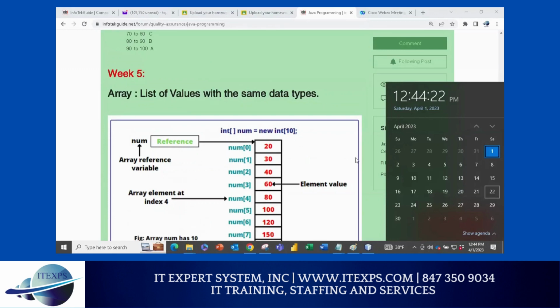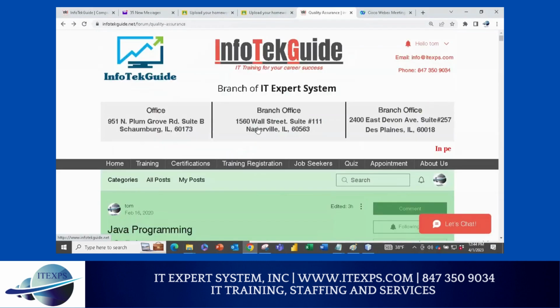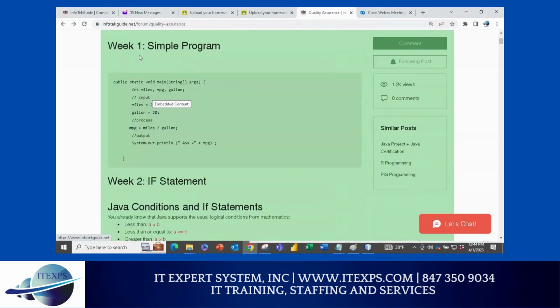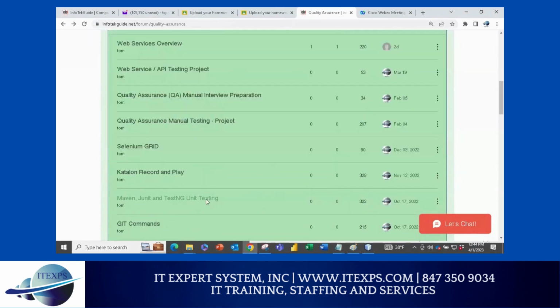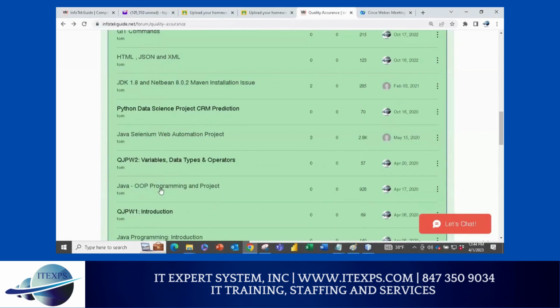I have created a project form, and I'm hoping that you started working on that part. But the more you do, the better. And you and your team members have to have close connections. You have to discuss with your team, because the Java project is fun. So I added here Java object-oriented programming and project. It's more fun. Go over